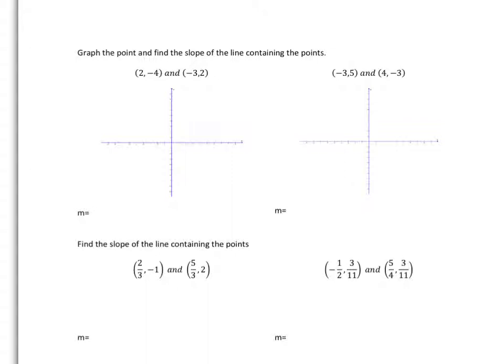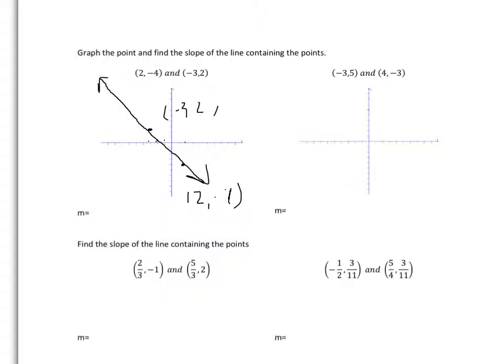line containing these points. The first one we have is 2, -4. So we go 2 here, then we go 1, 2, 3, 4. So that's the point 2, -4. And now we have -3, 2. So 1, 2, 3, 1, 2. We're looking at that right there. So -3, 2. So really, if we think about the line that goes through them, it looks about like that,